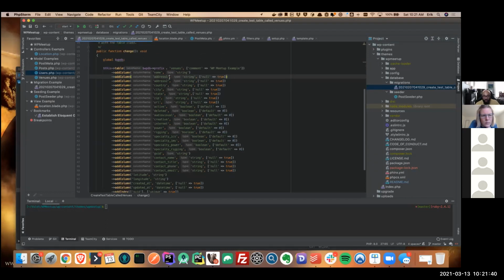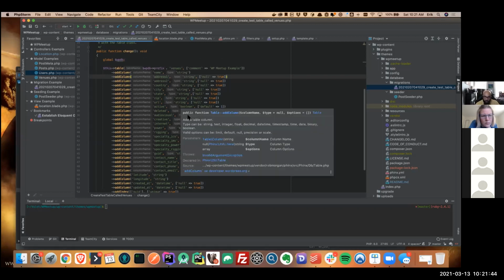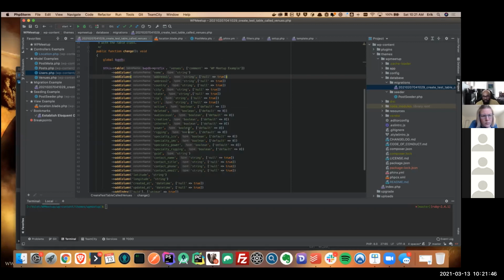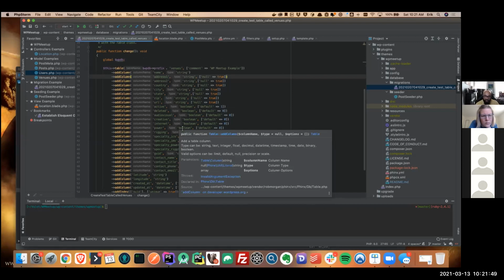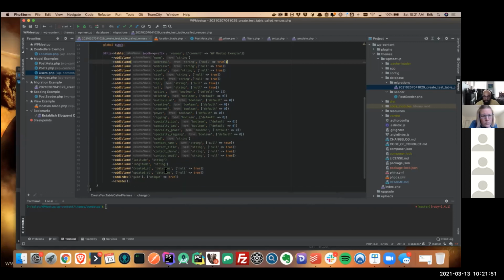And then you can tell it whatever type of data it is: strings, booleans, true or false. You can do large text, medium text, enums, date, time. You can tell it what needs to be unique. Like in this instance, I have the guide needs to be unique, which is right here. That makes sure there's not duplicates, kind of like an index.